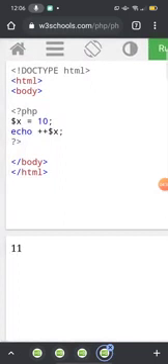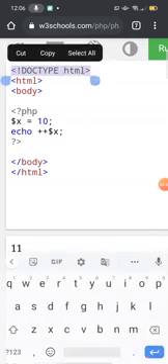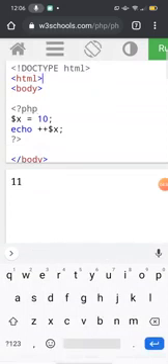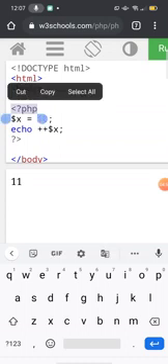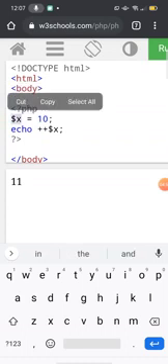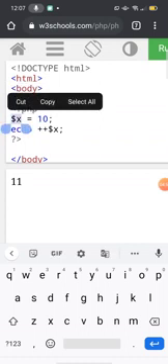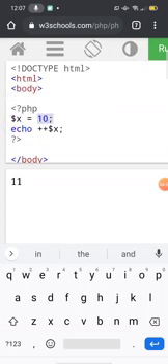You see over here, the very first line is doctype HTML, then the HTML tag opens, then the body tag opens, and after the body tag your PHP tag is written. In this PHP tag the variable $x is declared and the value given is 10.